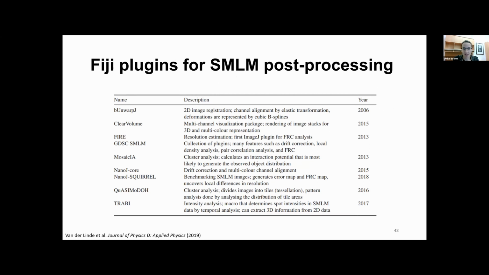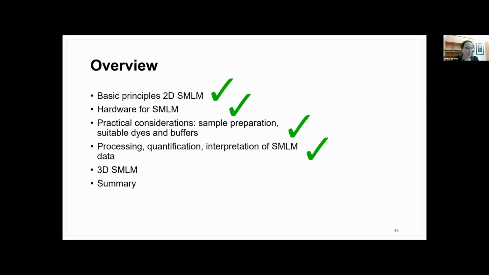Besides that, there are also lots of free software available, in particular in Fiji, to, for example, do cluster analysis and to handle these localizations in more detail. But as I said, these all came up quite recently, and as I've mentioned, the community is still actively working on handling this type of data. With that being said, I know we are running out of time, but